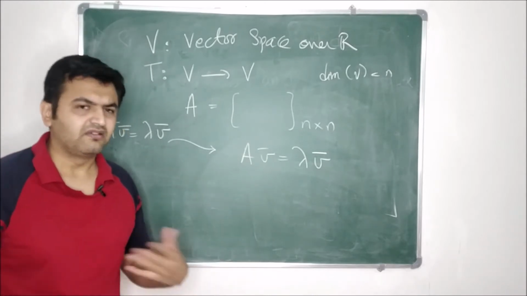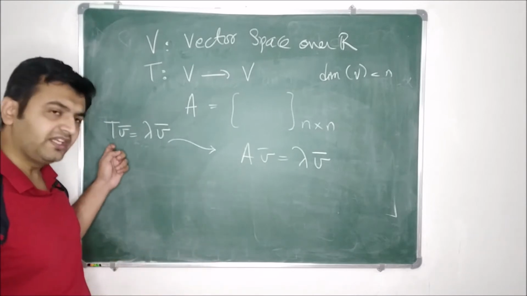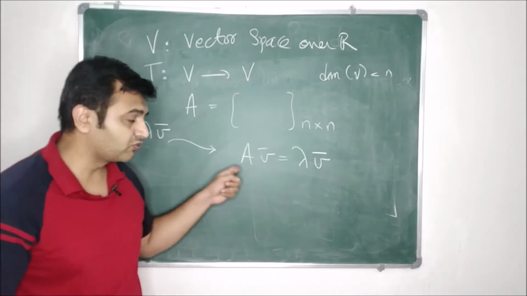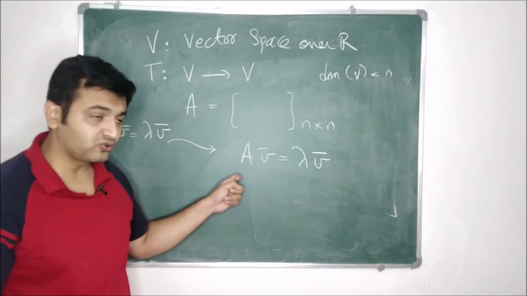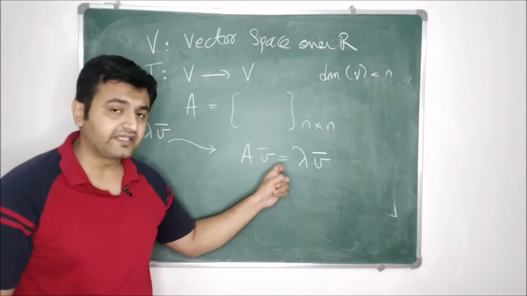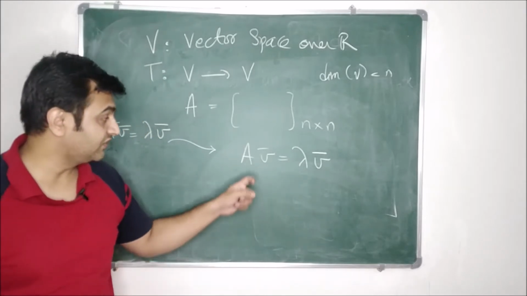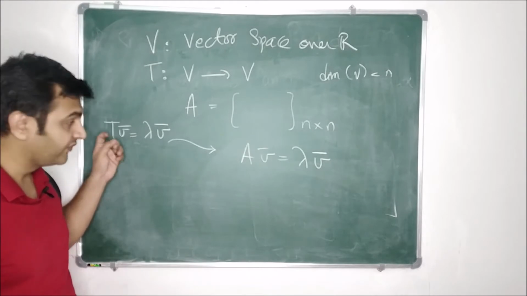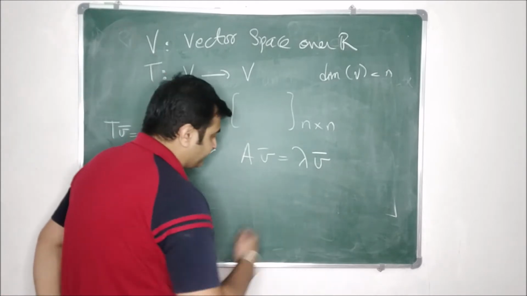But once you do engineering, you first study linear transformations and then you know how to go from linear transformations to matrices. You do that procedure, and then you have a matrix, and this is the definition of an eigenvector and eigenvalue in terms of matrices. This is when you know a linear transformation. Okay, so that is one thing.